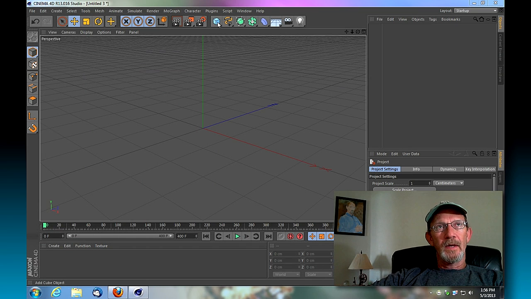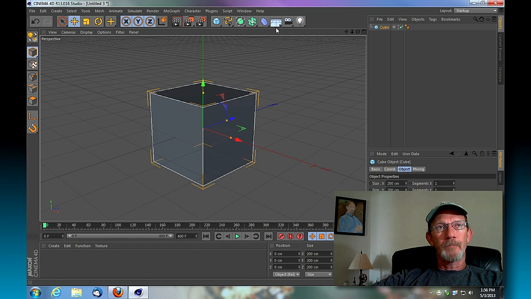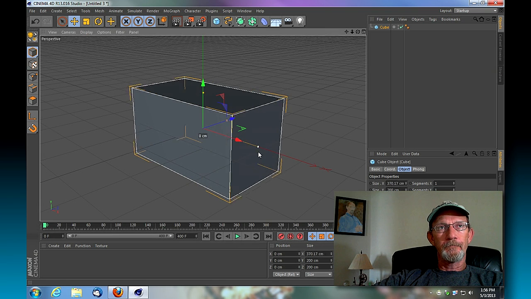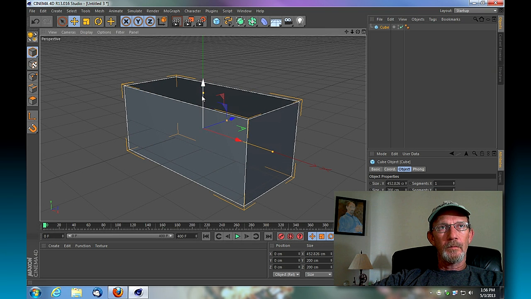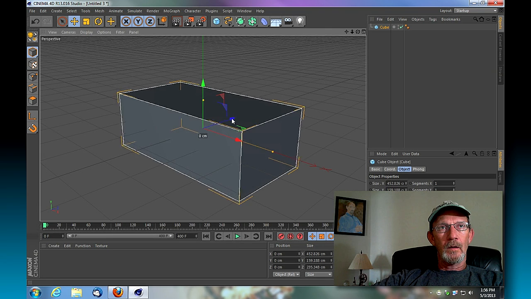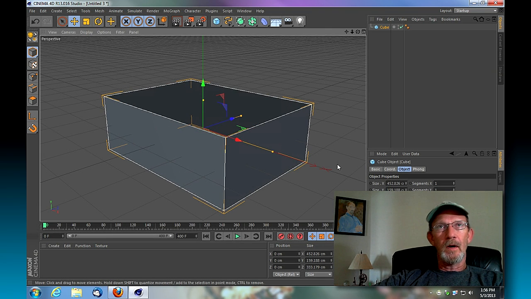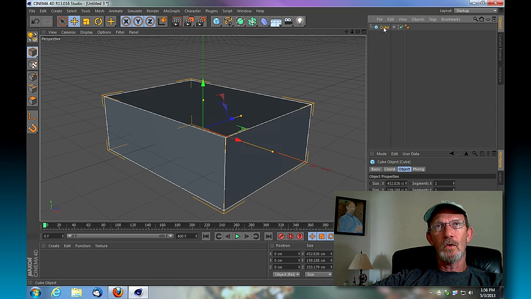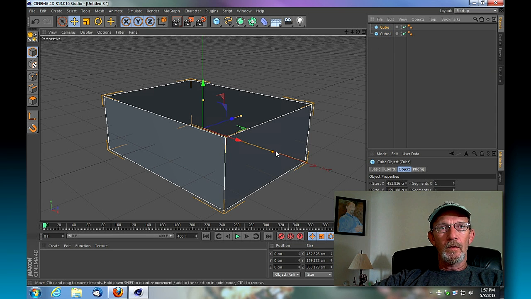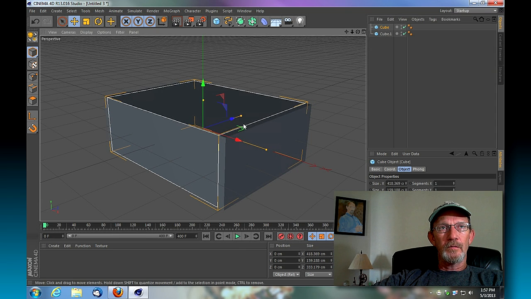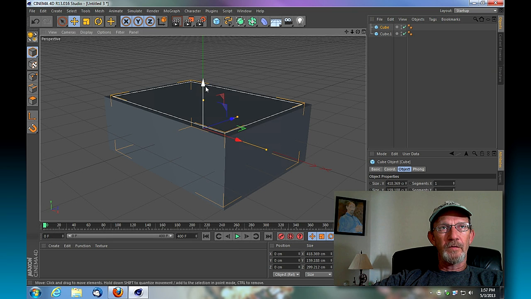Well, let's begin by creating a box. We're going to use 2 cubes for this. So we'll scale this out and give it the resemblance of a box. We're going to duplicate this by control clicking and dragging. And the second cube is what we're going to use to subtract an area from inside this first